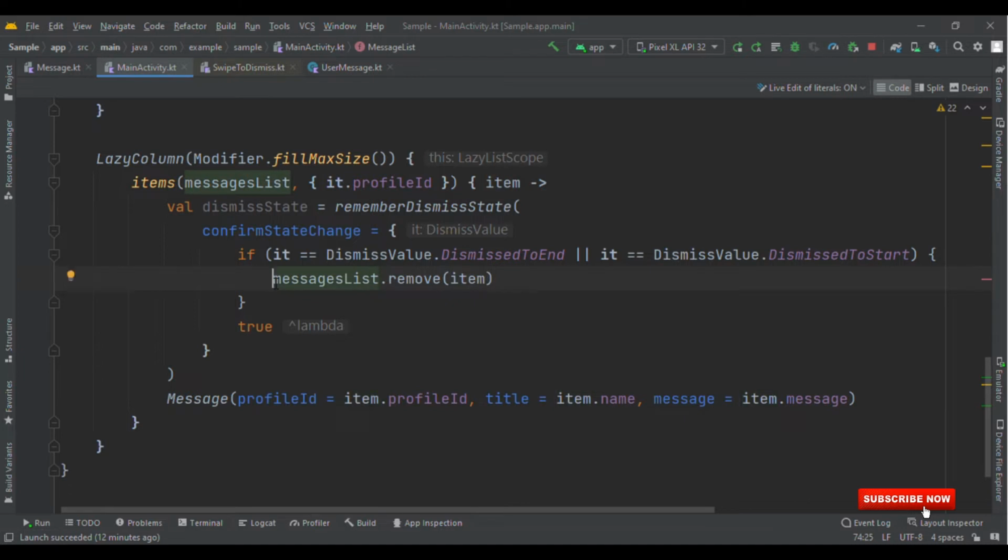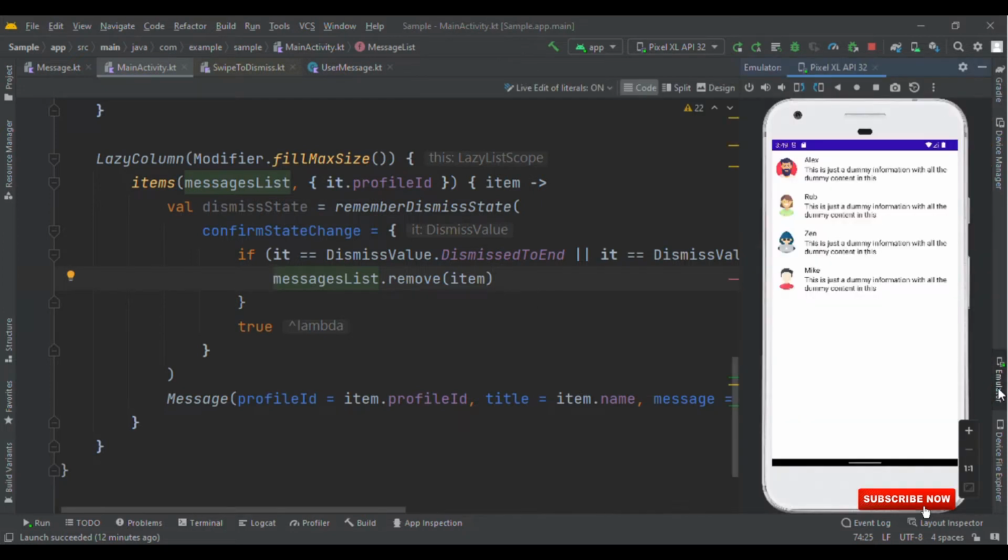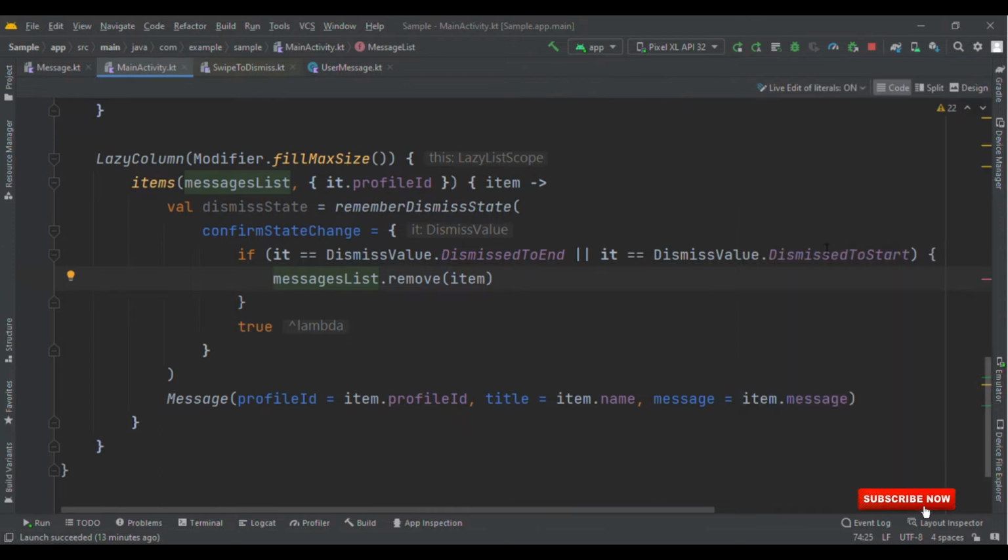So what's going on here is that suppose the user swipes an item from start to end or end to start, which I've shown earlier. At both places, we want certain things to get executed, and that's what we put inside this block. Just for the demonstration, I'm showing both dismiss to end and dismiss to start removing from the list, but based on your requirement, when it is dismiss to end and then dismiss to start, it can have